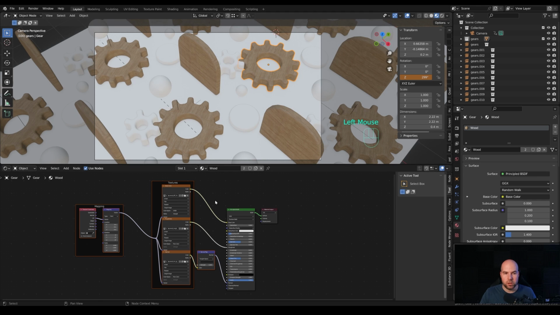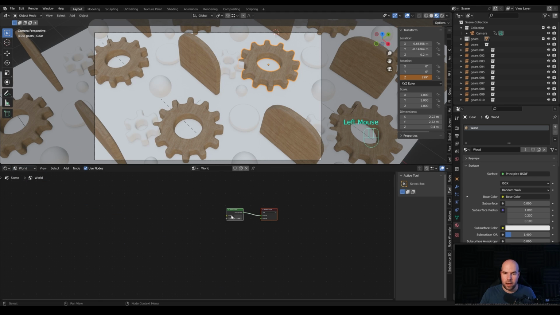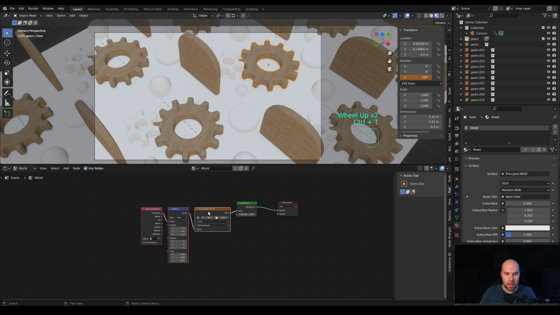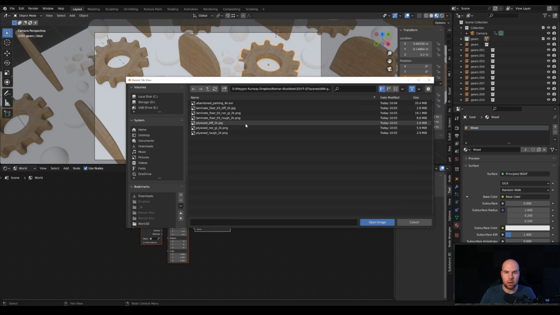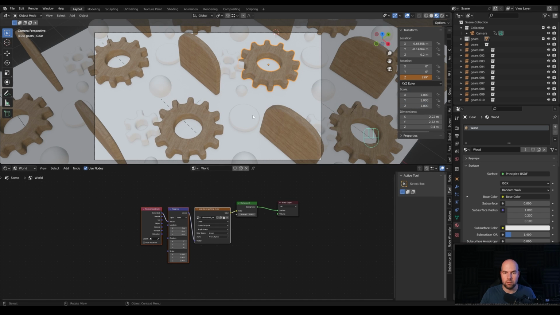And now the second thing I want to do is to switch the node editor from object to world, and I want to add that environment texture, that HDRI. There's another link you downloaded. I recommend downloading the EXR at least 4K. Now select the background node, again make sure it's highlighted, and let's press Ctrl T now, not Ctrl Shift T, and you will see we have another full texture setup by hitting just one combination, and we can just hit open, locate our map and import it right here.